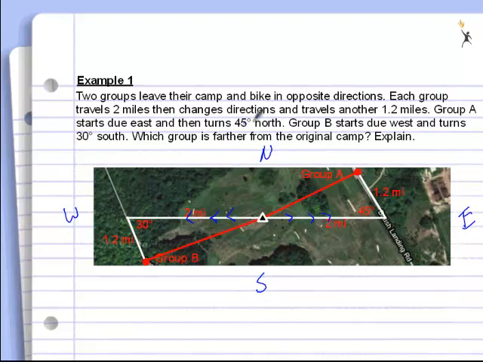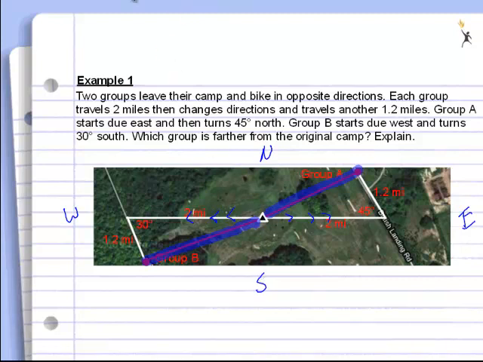Now, which group is farther from the original camp? Meaning, is Group B farther from camp, or is Group A farther from camp? Let's say their bikes broke down and they had to hike back. You would want to know which one is farther. And the way we can do that